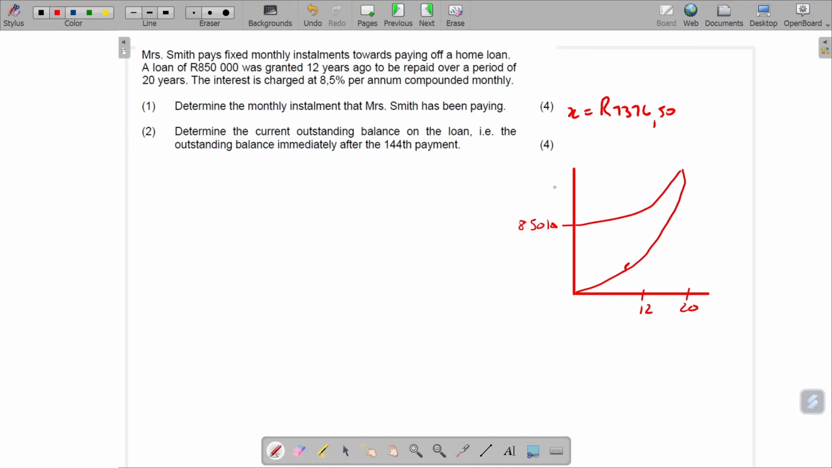Okay, they tell us that the interest rate is 8.5% per annum. They want us to determine the outstanding balance immediately after the 144th payment, i.e. after 12 years. So what is that outstanding balance? Okay, so we are saying OB12 equals the A value of 12 minus the F value of 12. And the A value at 12 is equal to